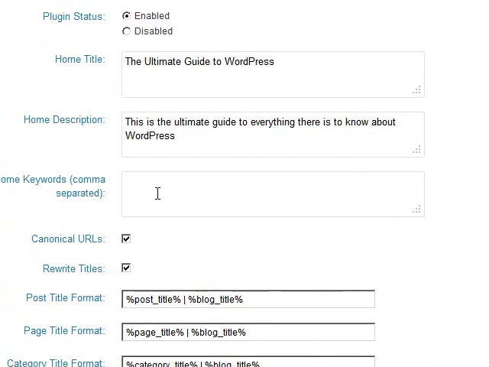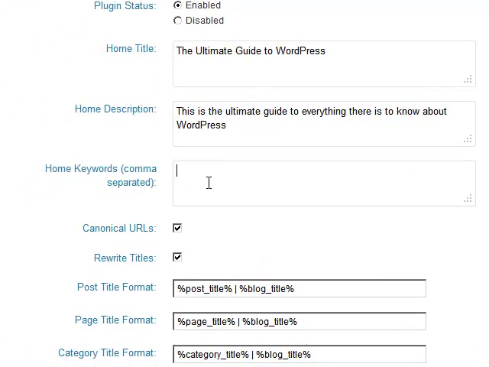Home keywords, as far as Google is concerned, they don't really look at keywords. They don't look at meta keywords anymore. But you never know when a new kid in the search engine field is gonna take over or come to the forefront. 12 years ago, Yahoo was it. Nobody had heard of Google. Then Google came along, and Google's it. Somebody else is going to come along. It's just a matter of time. And that search engine might actually use home keywords again. So it's not a bad idea to put home keywords in here,